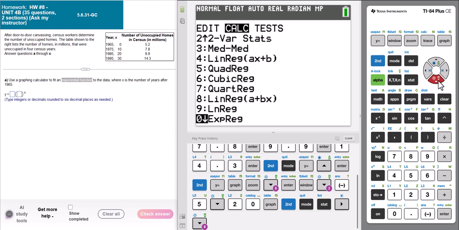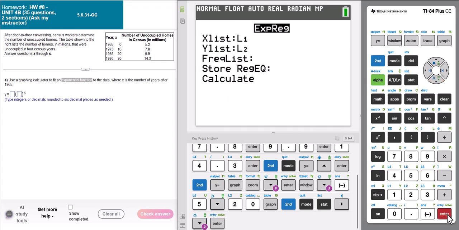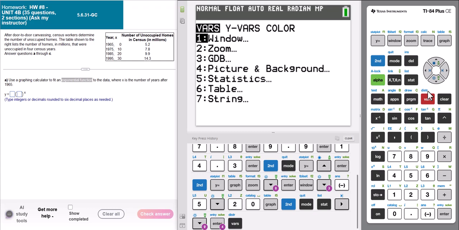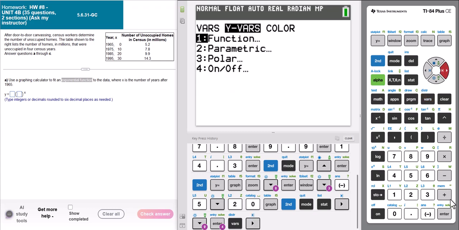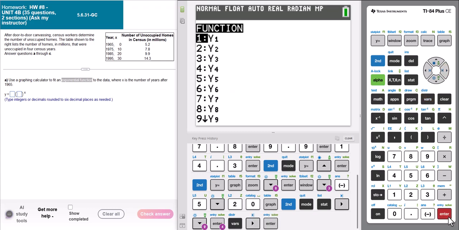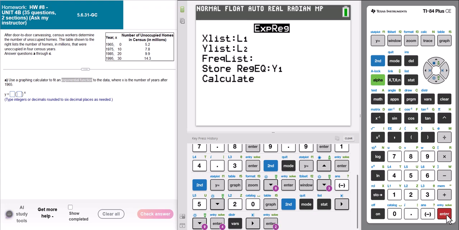But now, because we're in the exponential section, we're going to look at an exponential regression. So I'm going to choose option 0, and I'm going to hit enter. X's are coming from L1, Y's are coming from L2, enter. Frequency list doesn't matter. We can choose to store the regression equation into the y equals, and I'm going to take that option here. So I'll hit variables, arrow over to y variables, enter, and we want to store the